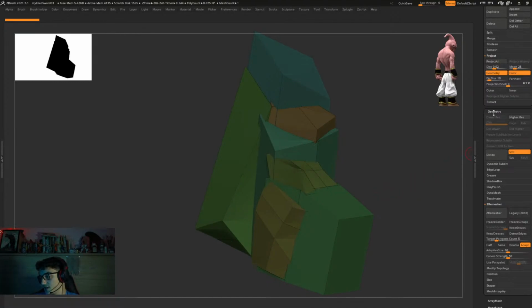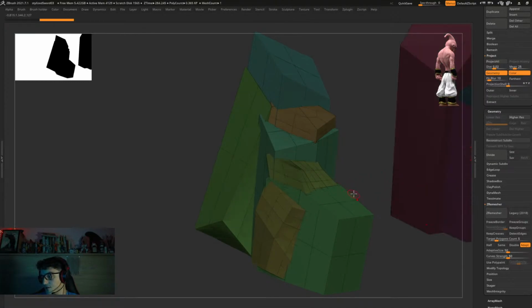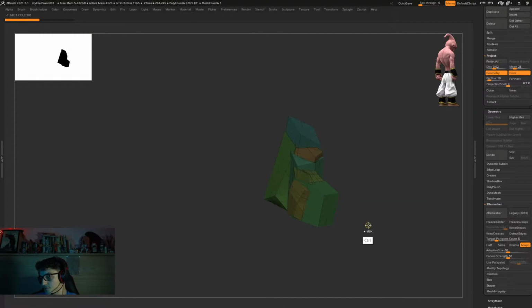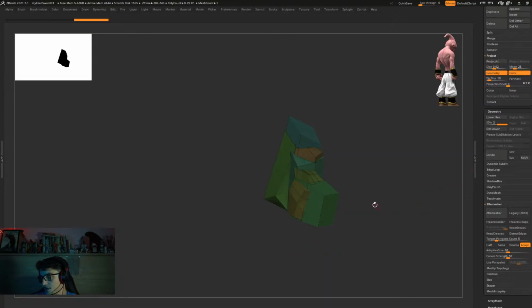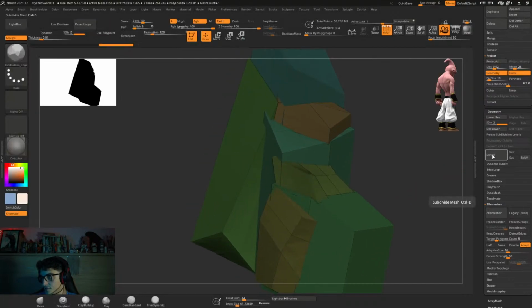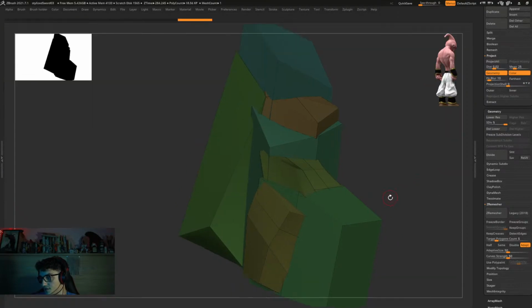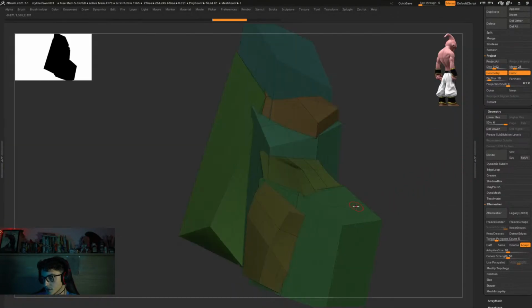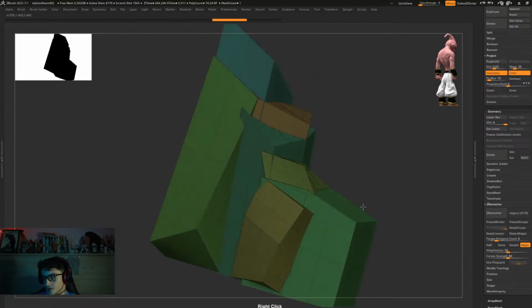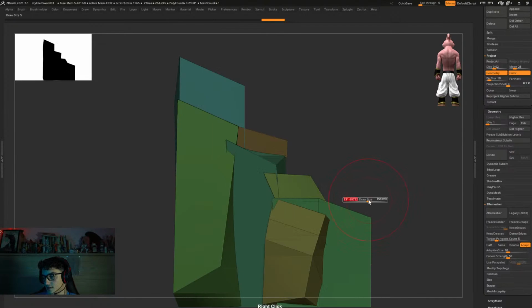base to block it out, I could just divide it without any, whoops. Let me just delete hidden. I don't need that anymore. Divide without a flat division, up until I get maybe 18,000, maybe more, 74. Ooh, maybe that's too much. So I get a fair amount of polygons, and I could easily just go back to our base and then